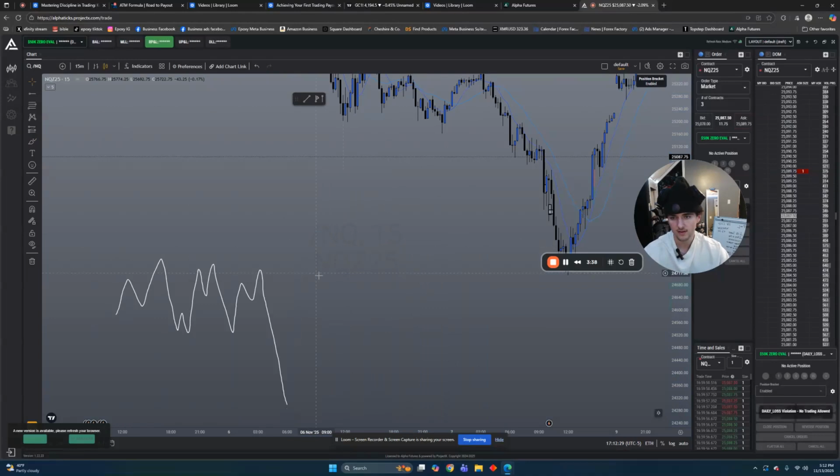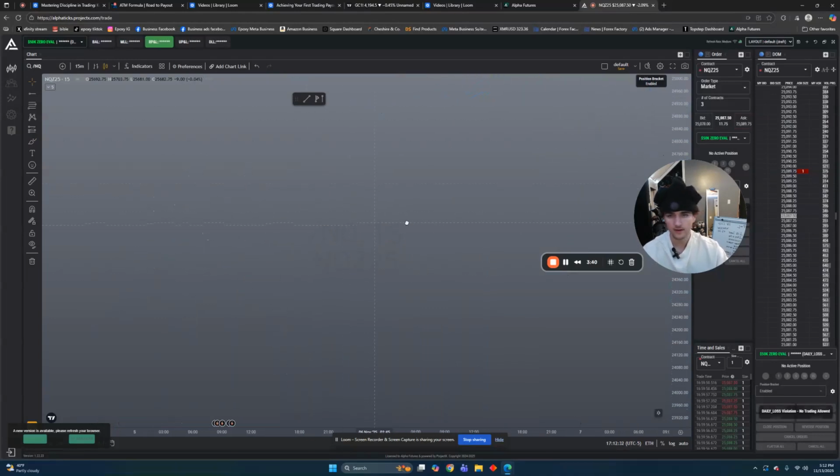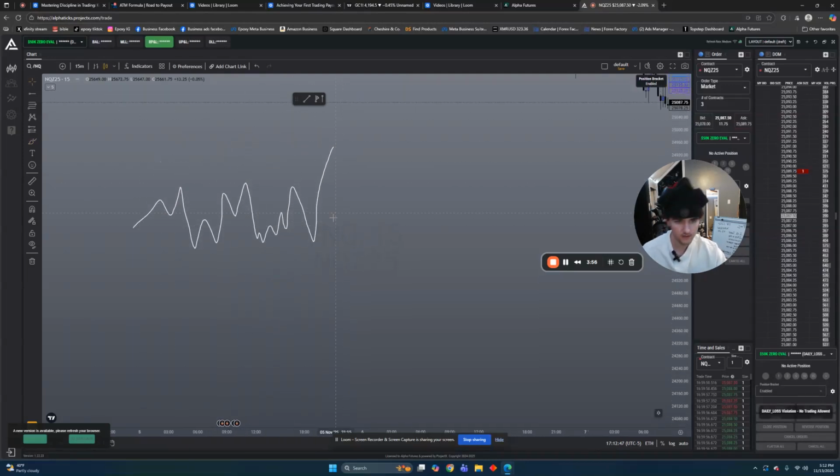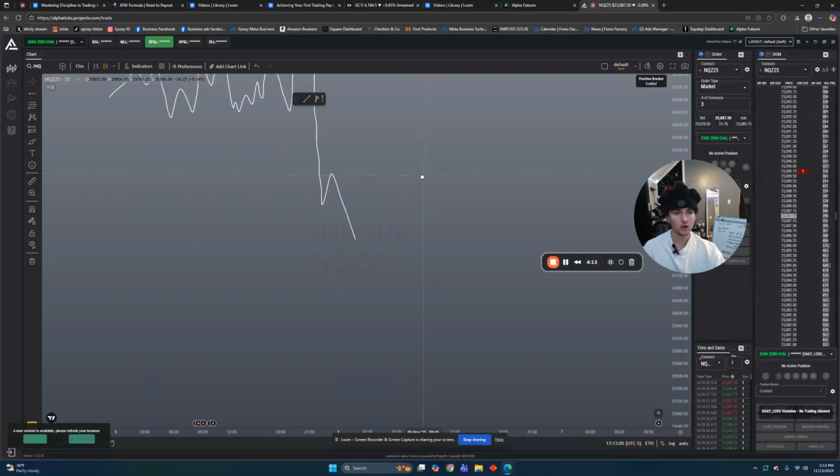Okay, and now we can do the same thing for a downtrend, right? We're accumulating, just making little higher highs, little lows, little highs, right? We manipulate to the upside. A lot of beginner traders are going to see that we broke out of this accumulation zone, and they're going to get in a buy. But a lot of the time, we'll accumulate, we'll manipulate, which is what we're doing. We're sweeping all of this buy side liquidity, manipulating to the top, and then we will distribute to the bottom,